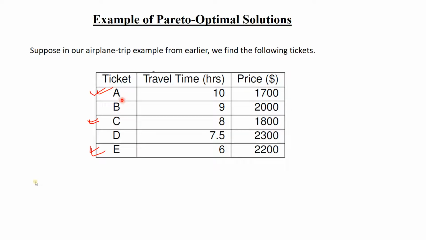That is why they are called dominated, because they are dominated by the other options, and the options which are dominating are called non-dominating, because no one is dominating them. You cannot say A is dominating C or C is dominating A, because C may be taking less time, so it looks dominating, but A is taking less money.